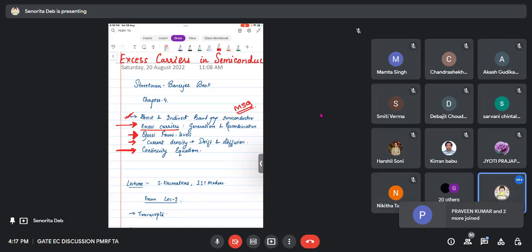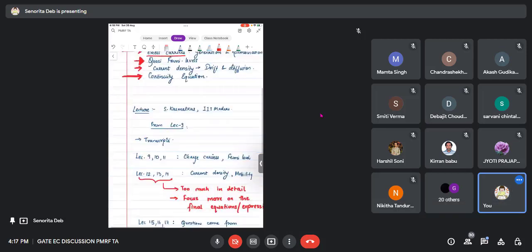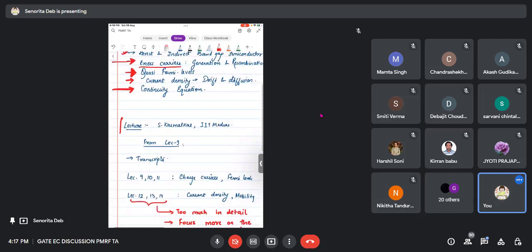It's a good topic. So for lecture you can see Professor S. Karmalkar, IIT Madras lecture, very old lectures, but I saw he has covered everything, and I will show you from there what to study, what not to study. Okay, so